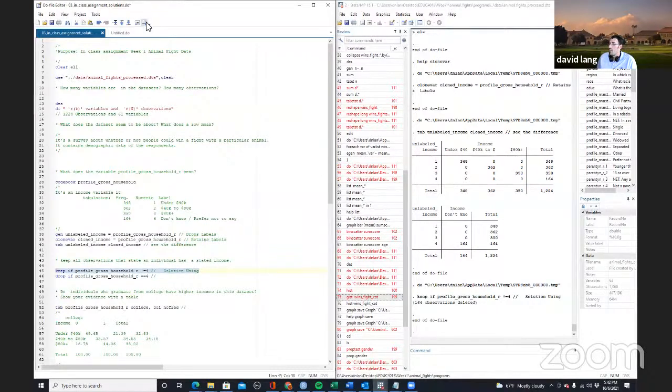But we ask you to keep all observations that state an individual has a stated income. And so we can either keep the data set, and as you can see, one of the nice things I really like about Stata is when I delete data, it lets me know exactly how many observations I've removed. And I can also rewrite this the exact same way, instead of keeping everything that's not unknown gross household income, by dropping all cases where household income is unknown. And just to show you that real quick,